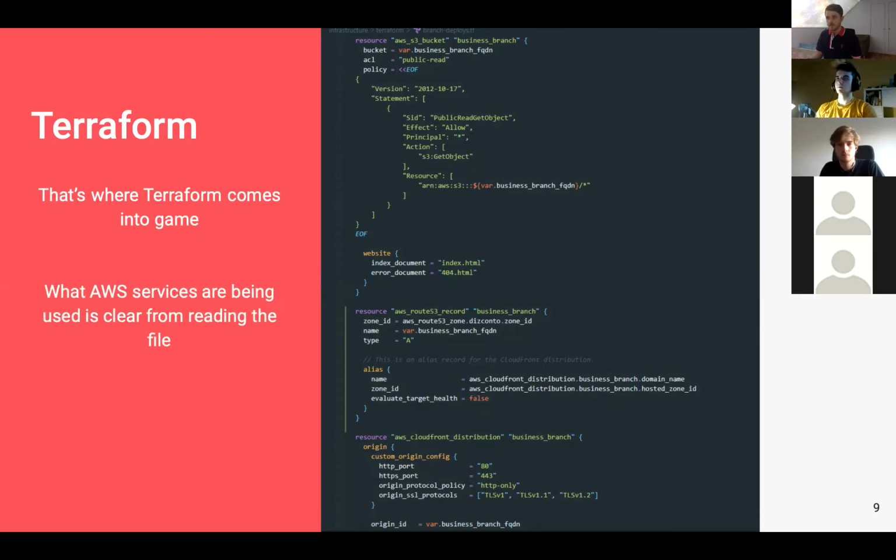So using the coded structure, you can now read the clear structure of your infrastructure. For example, in this screenshot, you see at the top, resource AWS S3 bucket. If you know what AWS is, you probably know what S3 is. It's a storage service. In this block, you are describing different configurations for the bucket,